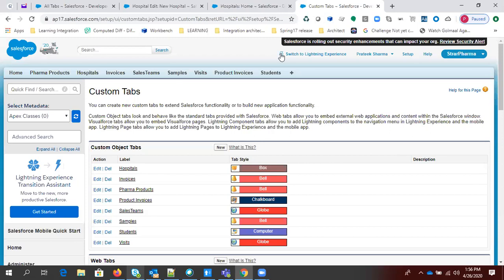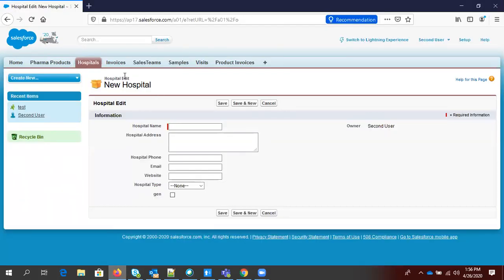Okay guys, now you can see this particular student tab is visible here, right? So you can create the student, but we have hidden this with the batch 91 profile.